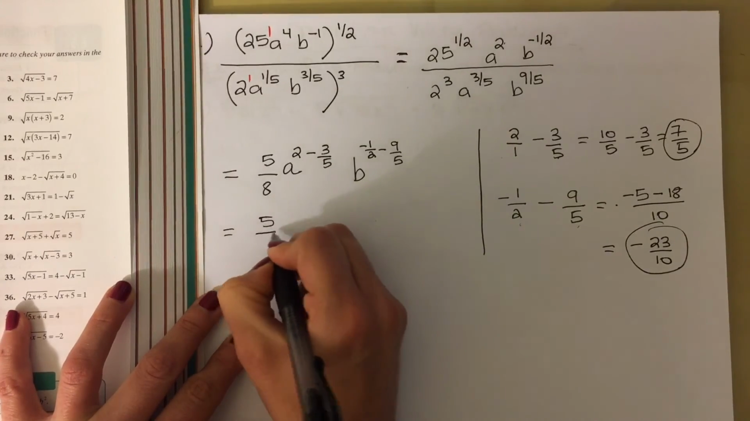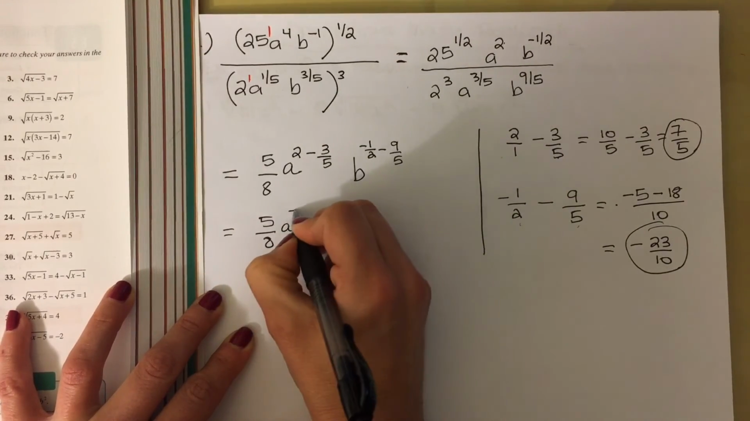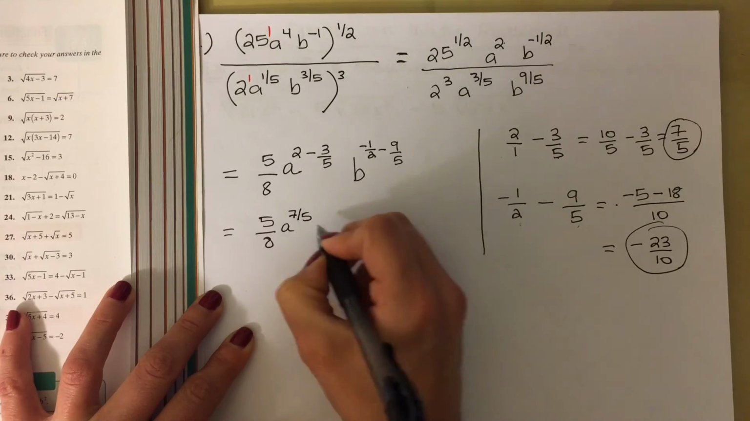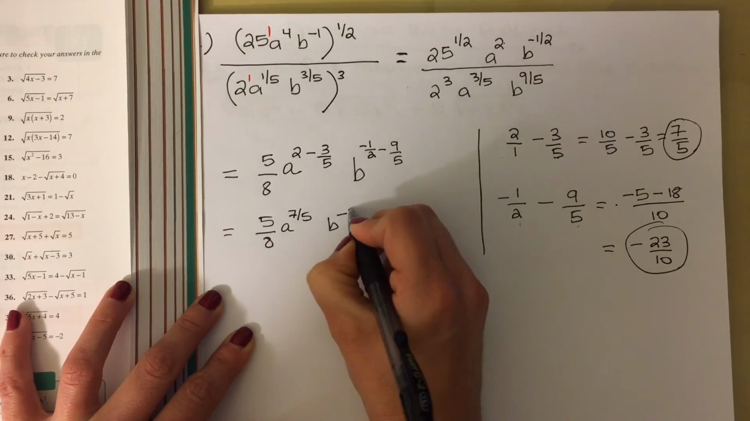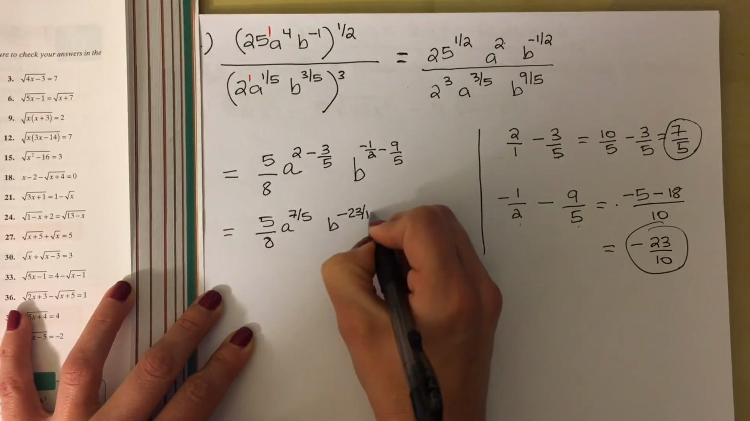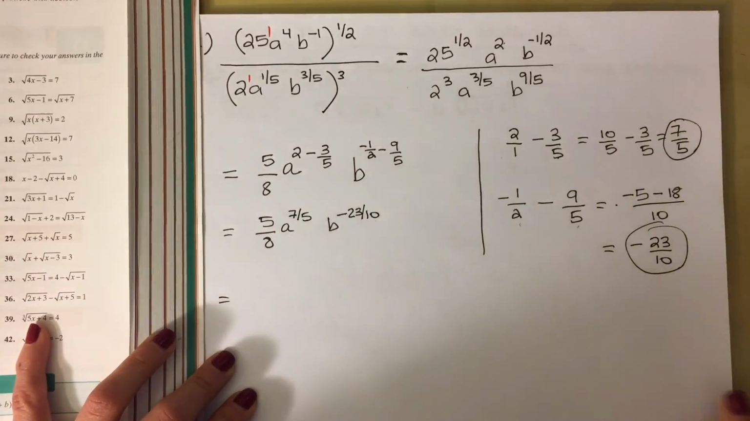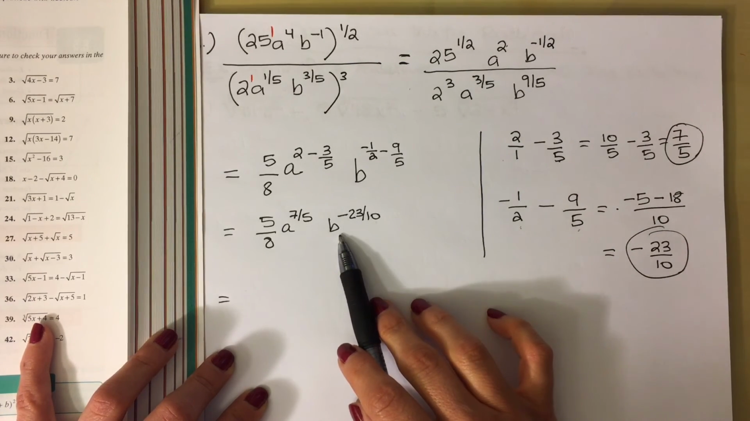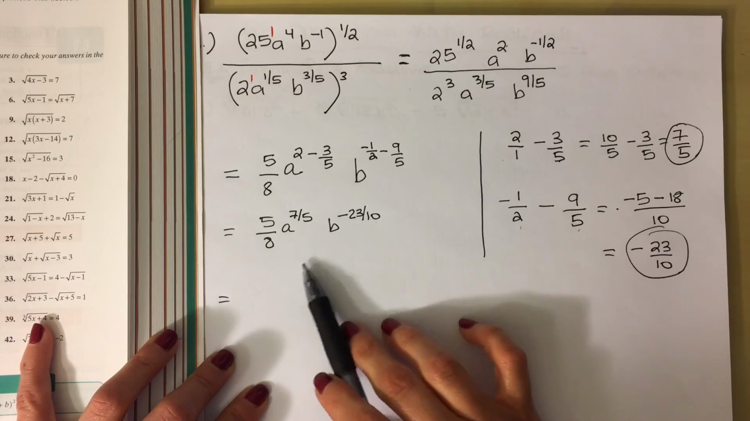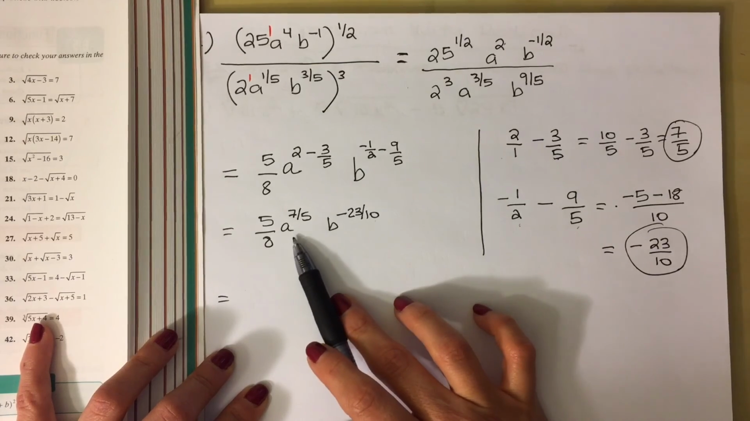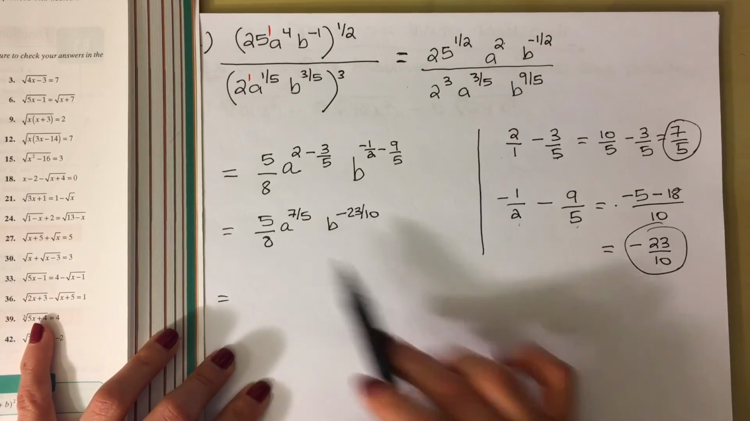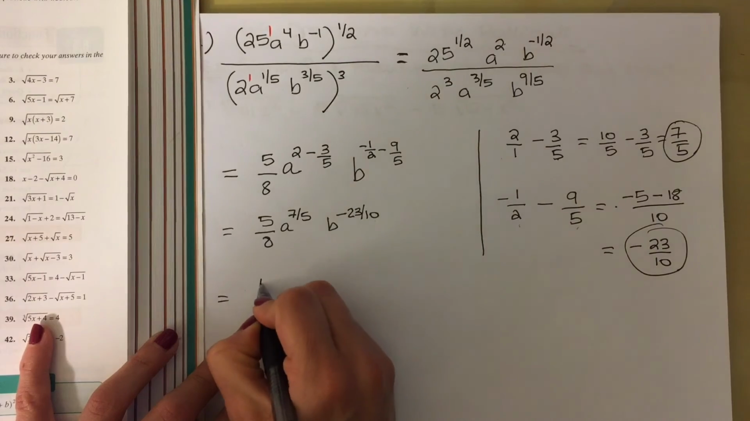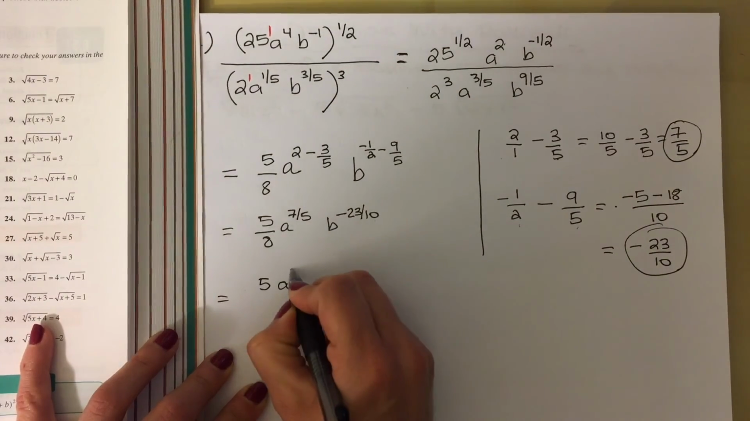We have 5/8, A to the 7/5 power, B to the negative 23/10. One last thing you want to do is write your final answer with positive exponents, which means B needs to move to the denominator. A stays in the numerator. Our final answer is